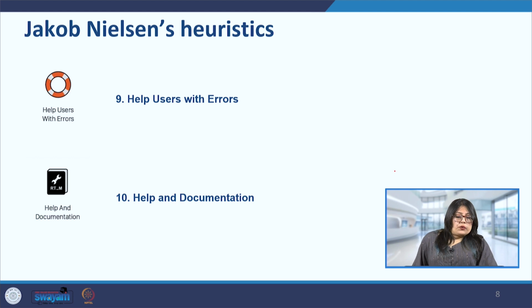Now, some ways in which we can do it is that whatever we are trying to find, the help document is easy to search for. So if my internet is not working, I don't know where it has gone wrong, so the troubleshooting should be easy for me to locate. Then whenever possible, present the documentation in context, right at the moment that the user requires it. So accessibility becomes important here. Whenever the user requires it, it should be presentable to the user. And of course, the steps in the order in which the user has to access it should also be